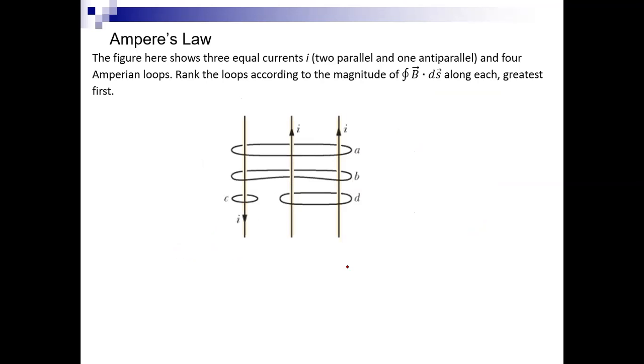Try to solve this problem by using the previous concepts. Which loop will carry the most magnetic field in all the cases A, B, C, and D? Take a couple of minutes to think about it, using the previous Ampere's law equation. According to you, which loop, A, B, C, or D, will have the stronger magnetic field? Take a couple of minutes and then tell the answer.